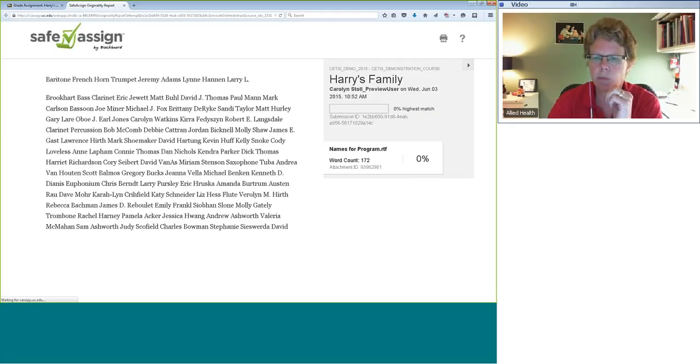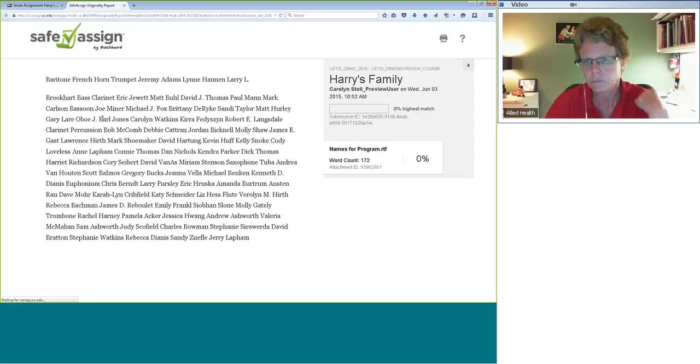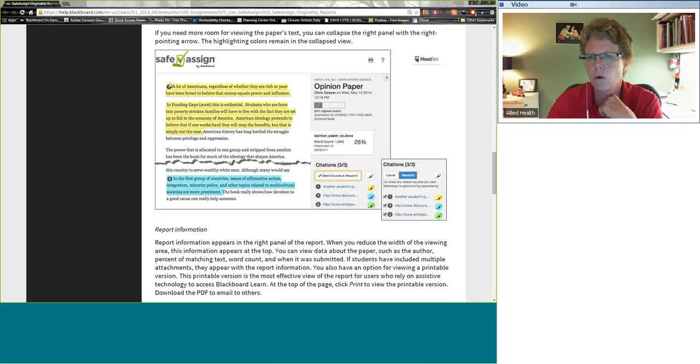So what it does is it shows me, if any of this were to be plagiarized, it would be color-coded. That's why I wanted to use an actual paper, but I couldn't find the one I saved. This would be color-coded according to whether or not it's likely that it had been plagiarized. I tell you what, let me show you this because this has a, here we go. This is what it might look like. So it would color code the